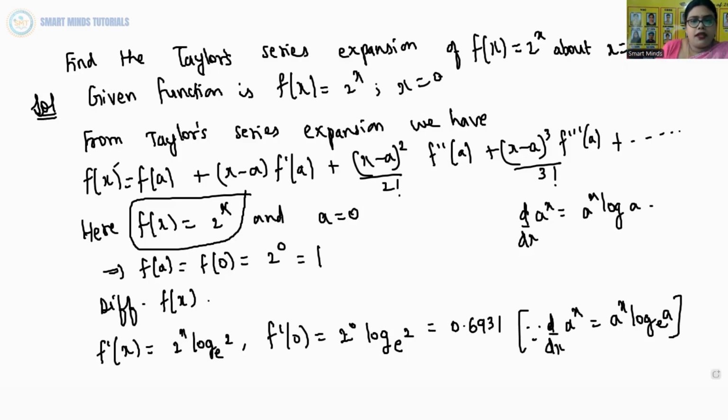Now after finding f dash of x value, we will find f double dash of x now. How do you get f double dash of x? If you differentiate f dash of x, you get f double dash of x. So what is f dash of x? We got 2 power x log 2. Okay. So log 2 is a constant. What is 2 power x derivative? Again 2 power x log 2, log 2 to the base e. So here log 2 to the base e, log 2 to the base e will become log 2 to the base e whole square.